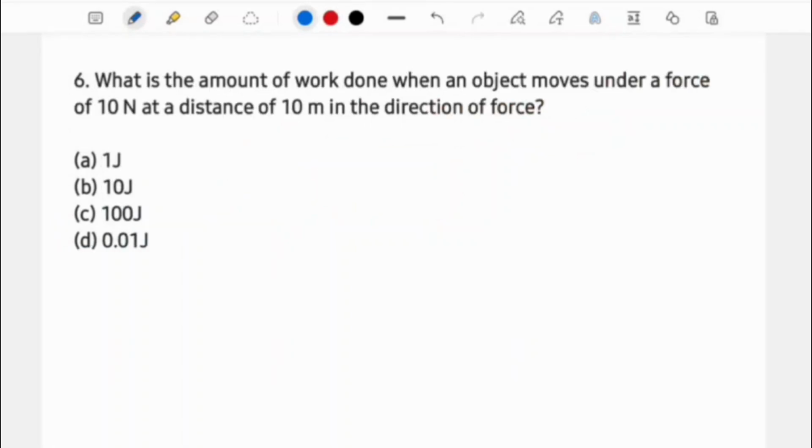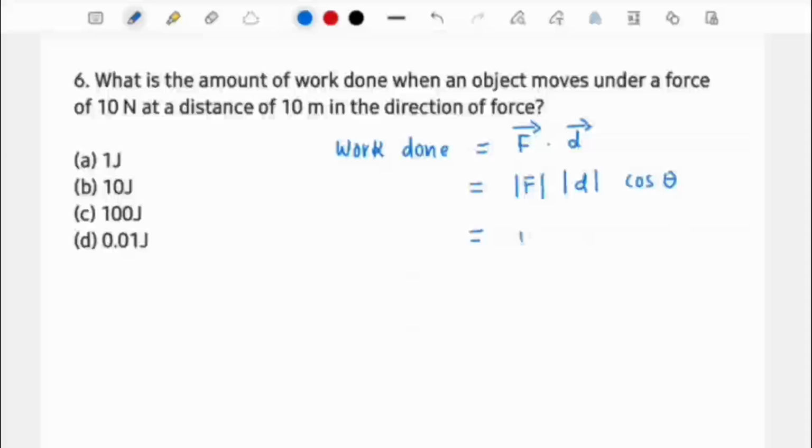Next question. Alright, the question is: what is the amount of work done when an object moves under a force of 10 Newton at a distance of 10 meter in the direction of force? Work done is equal to the dot product of force and displacement. When we solve this dot product, it's equal to the magnitude of force, the magnitude of displacement, and the cos of the angle between the force and the displacement. Here the force is given as 10 newtons, multiplied by the displacement of 10 meters, and cos of theta,